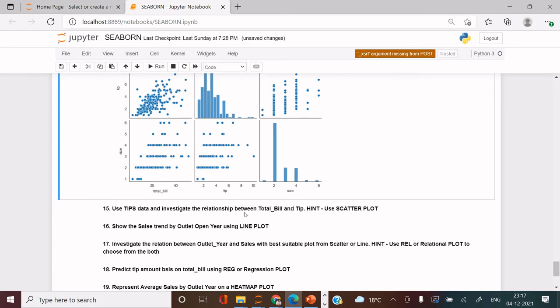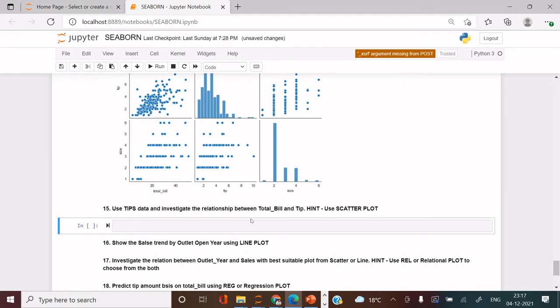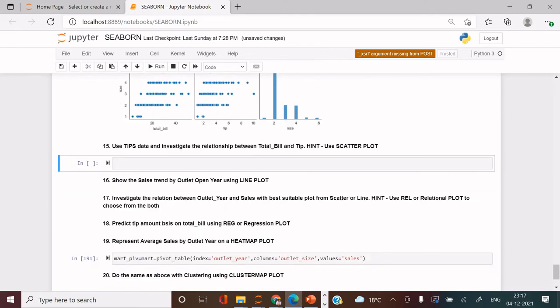Just check that out, which gives you many more functionalities to make changes in this particular plot according to your uses. Moving forward, here if you want to see the relation between two specific variables, you can just do that using a scatter plot. For example, again I will use data equals to mart.sample. I'm going to take 200 records. Okay, let's make it lighter. I'll just take 100.